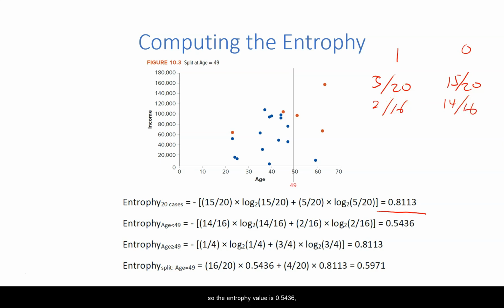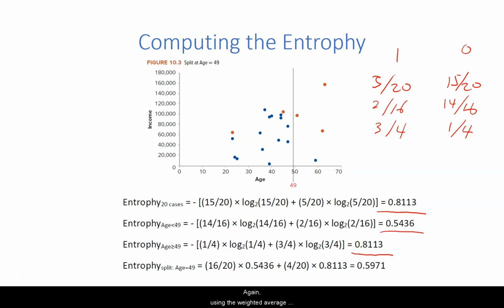So the entropy value is 0.5436, suggesting a purer subset. The subset on the right, where the customer's ages are more or equal to 49, has the class distribution of 3 out of 4 for class 1 and 1 out of 4 for class 0. So the entropy value is